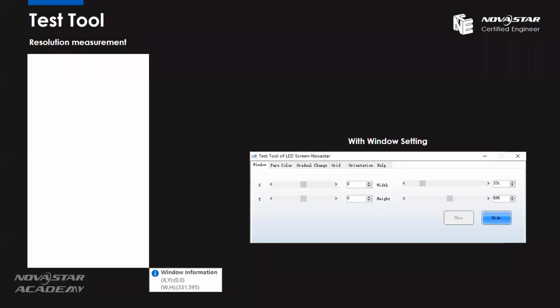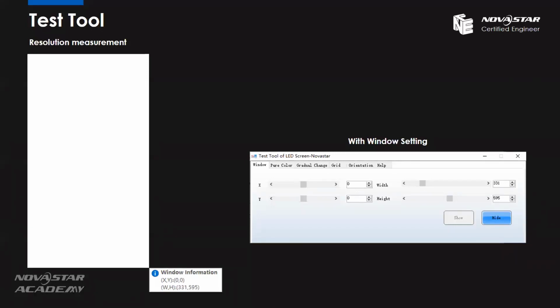So as you can see from this picture, we have a window, and on the bottom right, we have the window information. So when we're doing tech support for the customers, the very important information is what is the total resolution of the whole screen. And sometimes the customer may mention their screen dimension and the pixel pitch. So we need to calculate, okay, what is the total resolution of the whole screen. So it may take